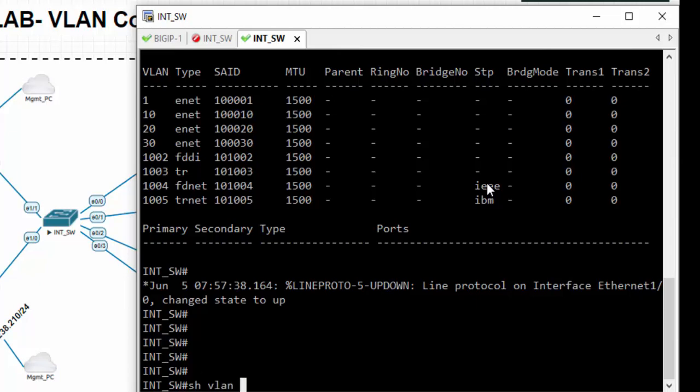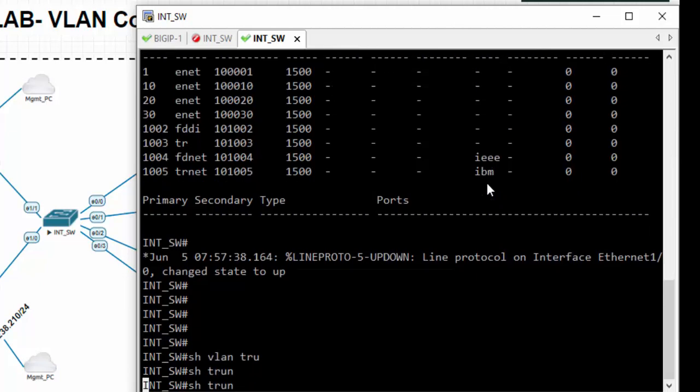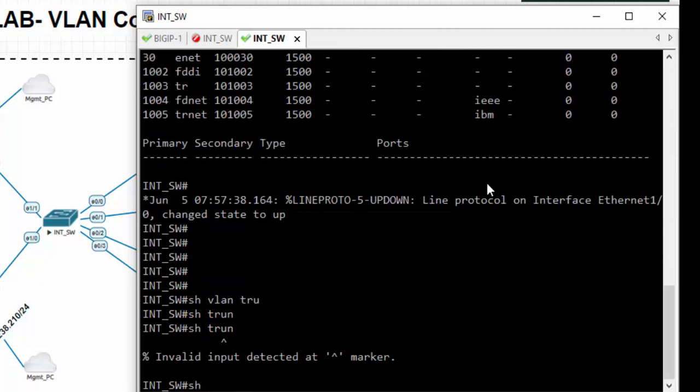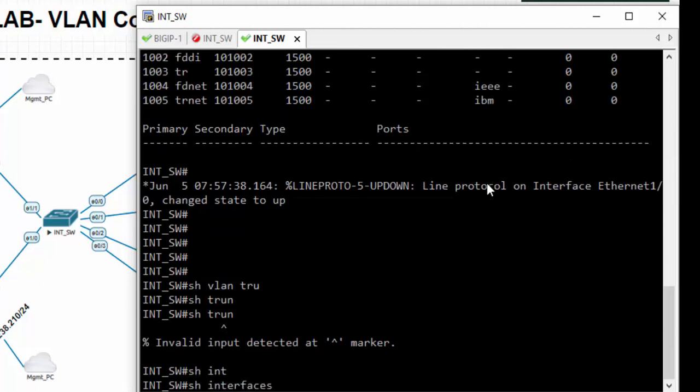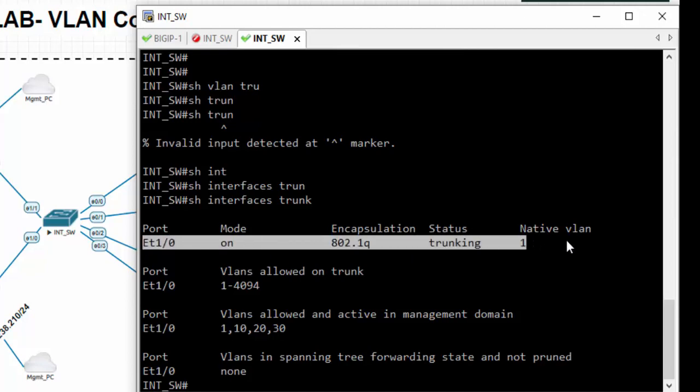And show interface trunk. So we have E1/0, that is the trunk interface configured as .1Q.